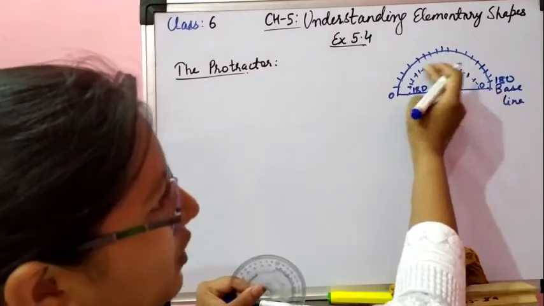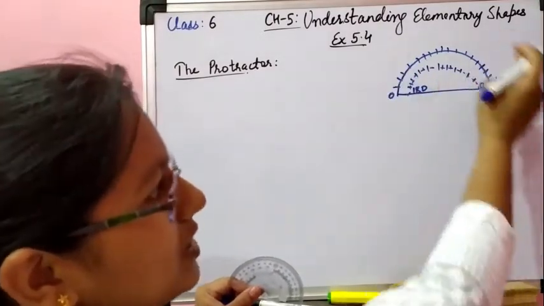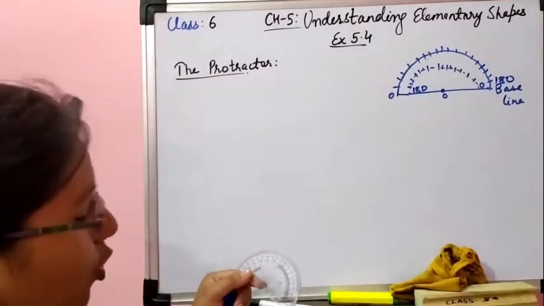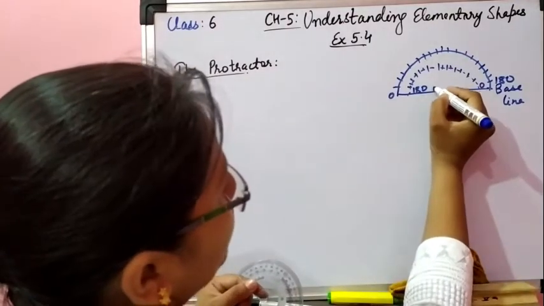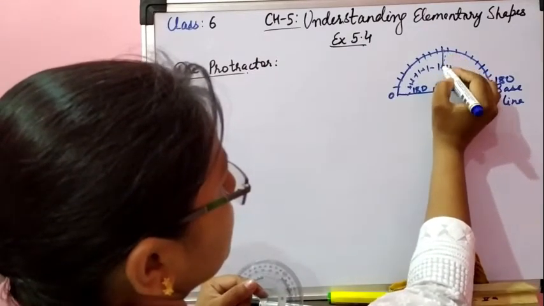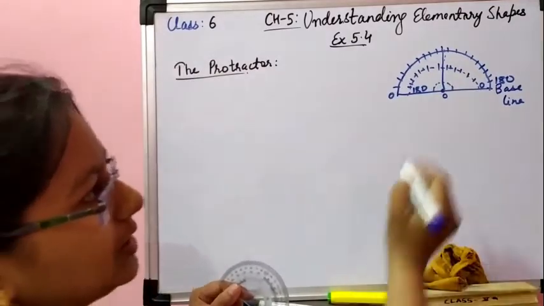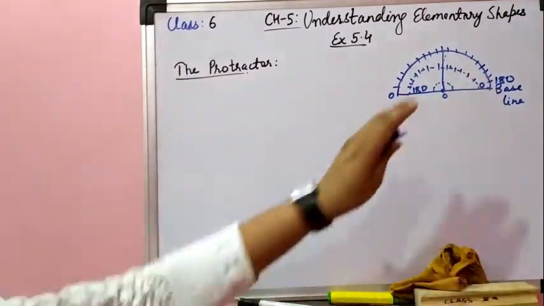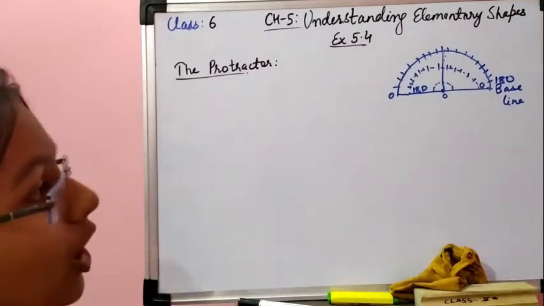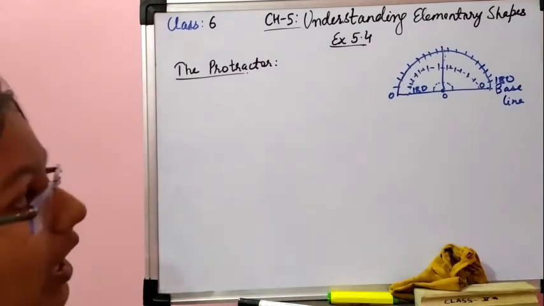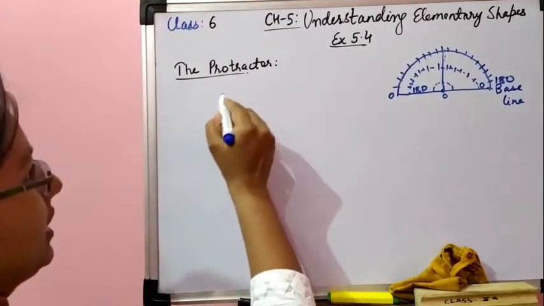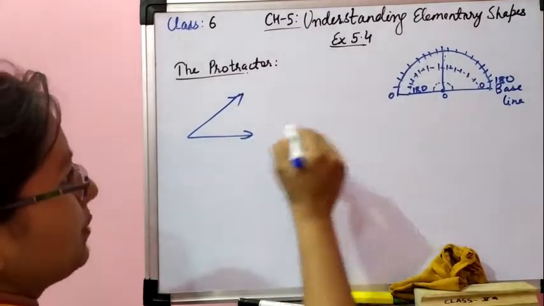At one side 0 will start from here, on the other side 0 will start from the other side, and at the center we have one O, or you can say a center point. Now what we have to do, this is 90 degree. Now I have drawn here the basic diagram of the protractor. Now what you have to understand, while measuring, first of all we will talk about how to measure an angle. I am drawing two types of angle here.